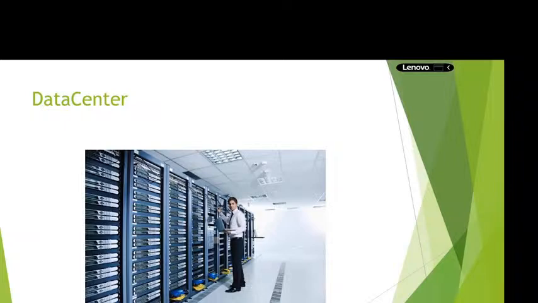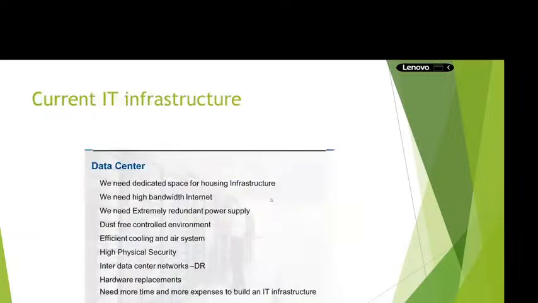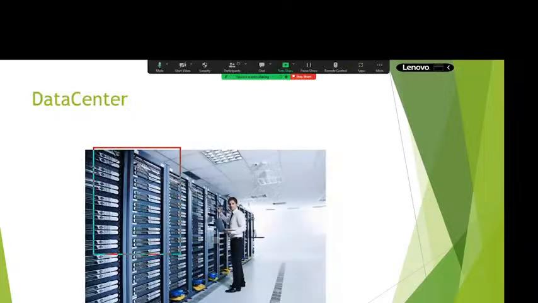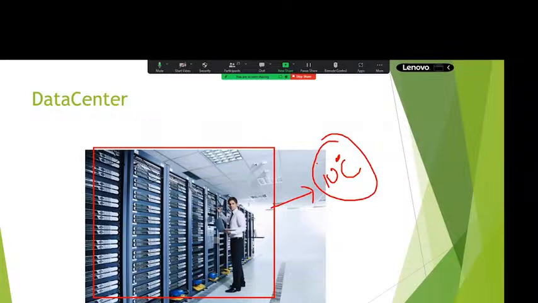Next, another thing is an efficient cooling system. If we enter the data center, you can see a temperature of less than 10 degrees Celsius. Why? Because any hardware device produces a lot of heat. In order to cool it, we should always maintain the AC temperature at less than 10 degrees Celsius.